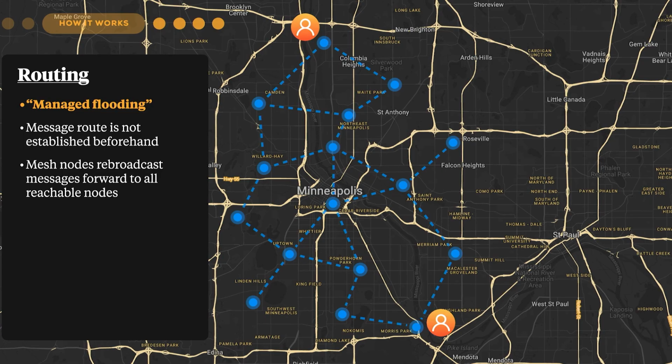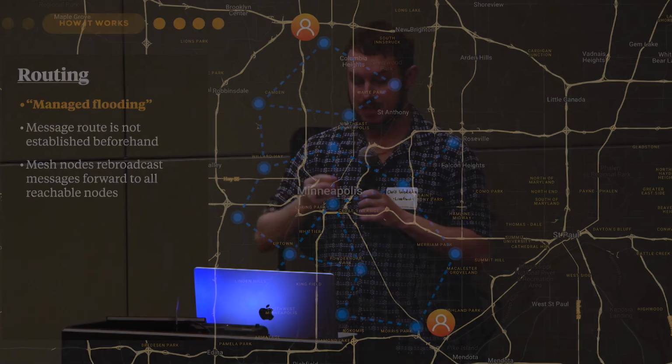When you send a message from your node, your node shouts it out into the radio void on this unlicensed radio network. Whatever nodes nearby can hear your message receive it and then shout it out from wherever they're at. That just keeps happening, and the message floats around until it finds the person it's intended for, using your message information and message headers.